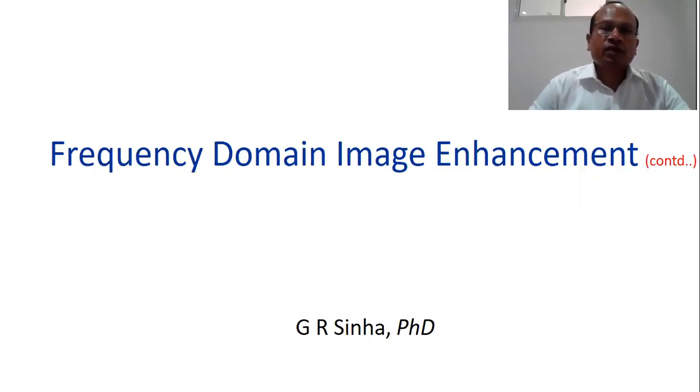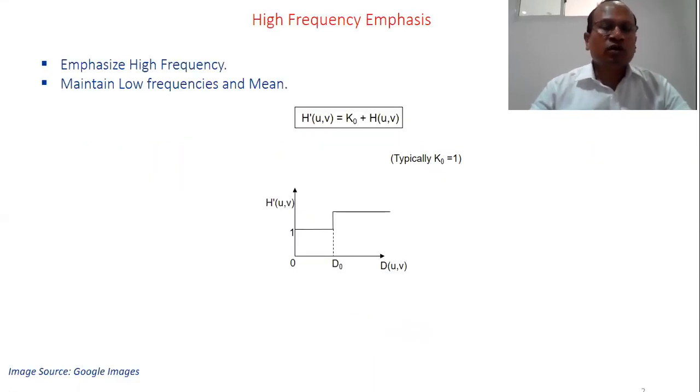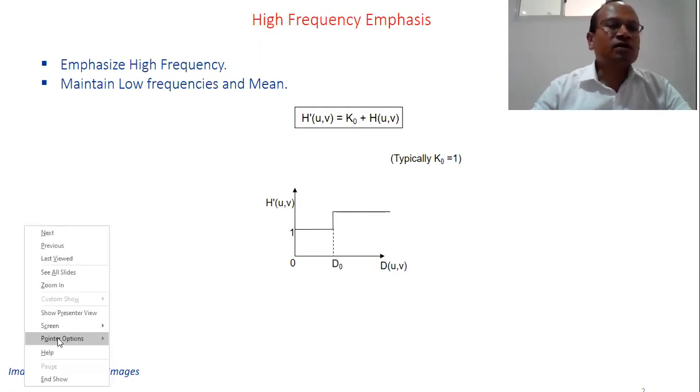We know that in frequency domain image enhancement, we compute the Fourier transform of the input image and the Fourier transform of the filtering function, and then we can directly multiply and get a product. After taking the inverse Fourier transform, we can obtain the enhanced image, that is, the filtered image. So as we have already discussed, let me start the pointer.